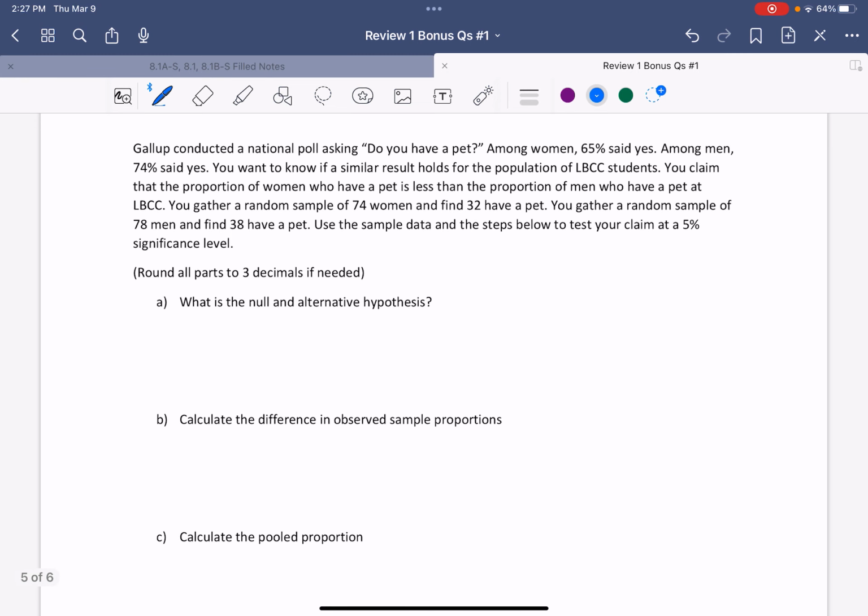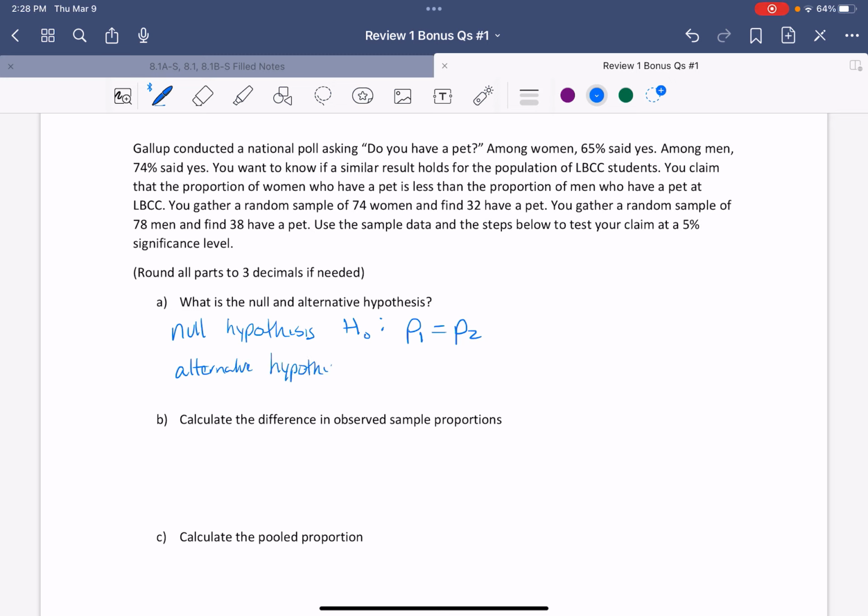So part A, what is the null and alternative hypothesis? So the null hypothesis, you could either write it out as such, or you could use this notation, H sub naught. Either way though, since we are working with a 2 population proportion here, we're comparing the men versus the women, or women versus the men, the null is P sub 1 equals P sub 2. You start off with the assumption that they're equal. The alternative